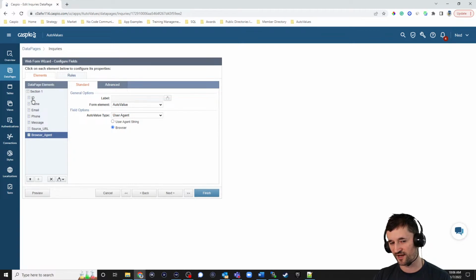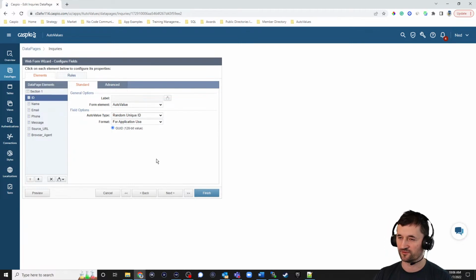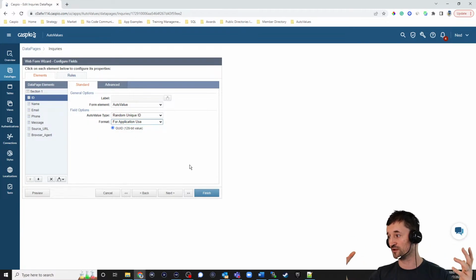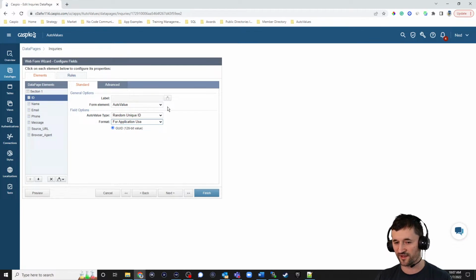And then also for the ID field, you know how in the table we can assign a random ID, GUID, auto number to automatically store that value in the table? You can also do the same thing using an auto value and just select random unique ID, either for application use or human use, which you can customize your own ID. I end up going with the application use. It's a much longer ID and much more secure. So that's another auto value that you can generate. Okay. So now when we hit finish and save our changes,